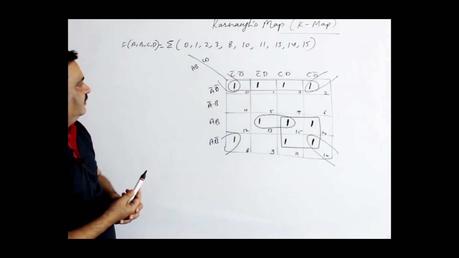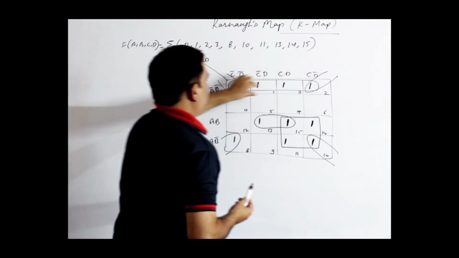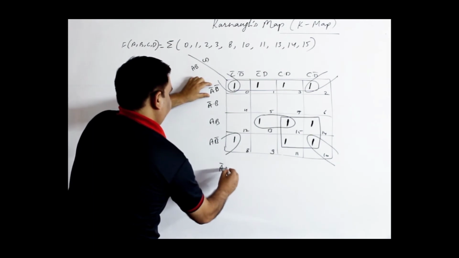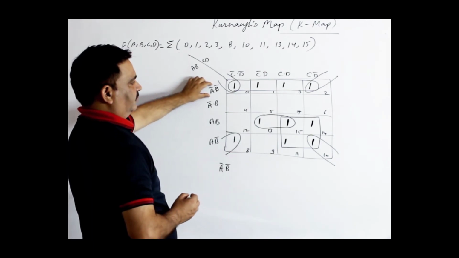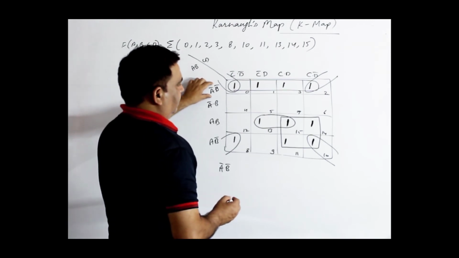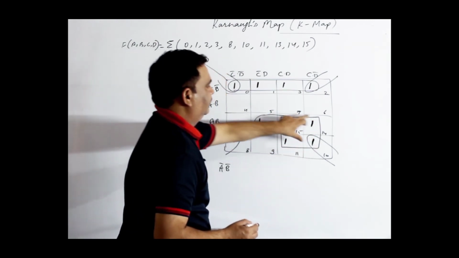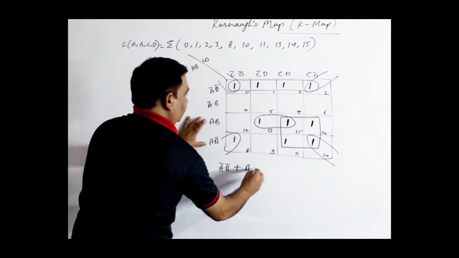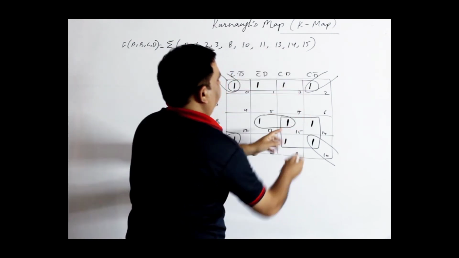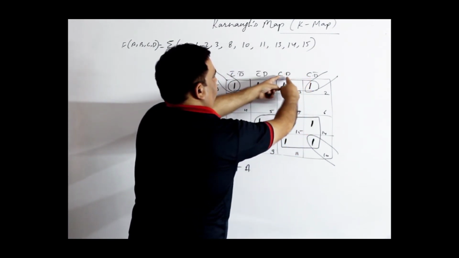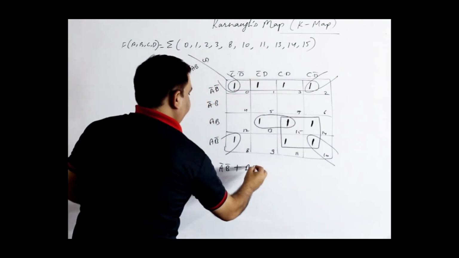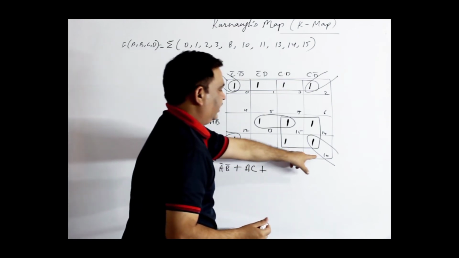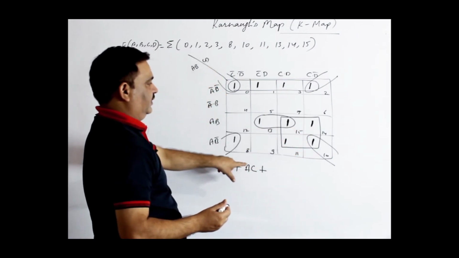Now, reduce the expression. First of all, for this quad 0, 1, 3, 2, having designation in the first row only, you can write A complement, B complement. Now, for this square quad, on the left side you can see B changes to B complement, remove it, take only A, the common one. On the right upper side you can see C is common, D changes to D complement, remove the D, take only C. So, for the two quads 10, 11, 14 and 15, this is AC.